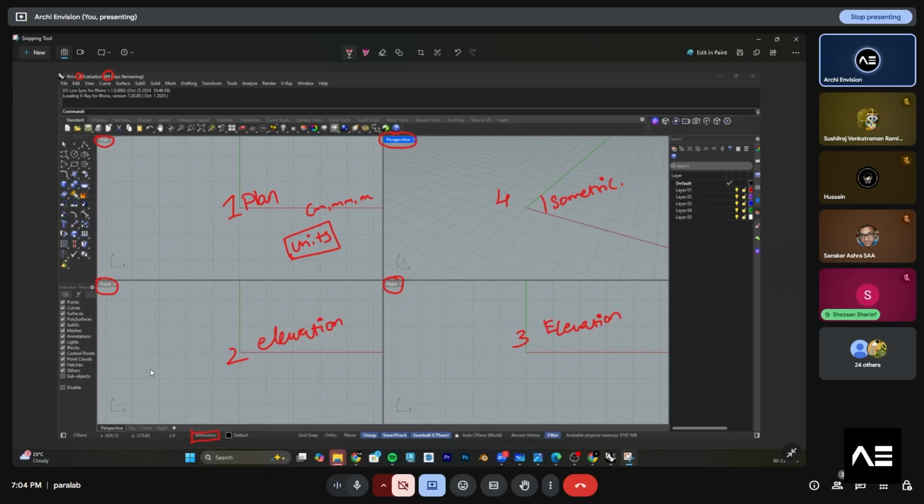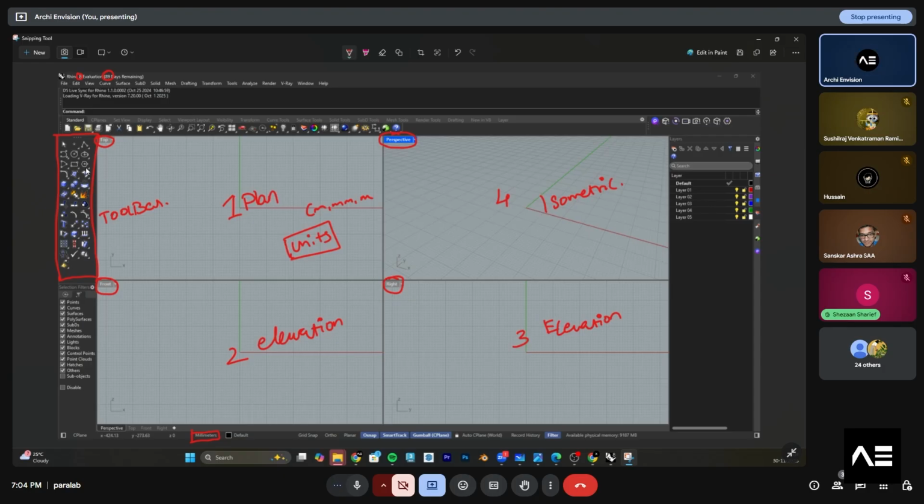On the left part over here, there is the standard toolbar. In the standard toolbar you will have all sets of information. I will talk about these one by one in later sessions.